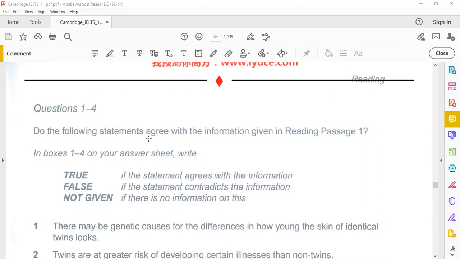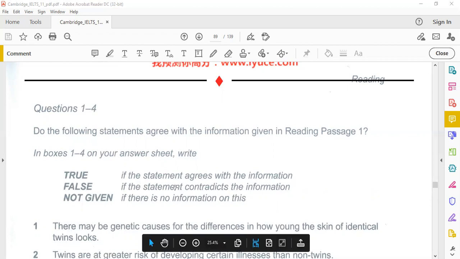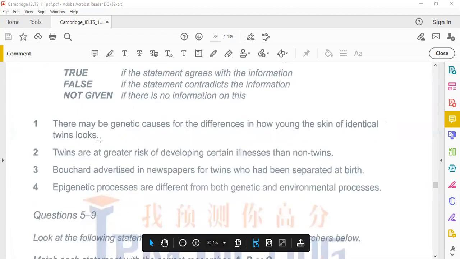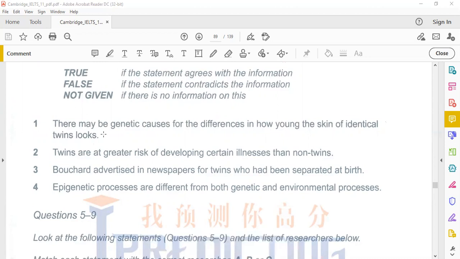Do the following statements agree with the information given in reading passage 1? Write true if the statement agrees with the information. Write false if the statement contradicts the information. And write not given if there is no information on this. So here, what you have to do is to write T, F, and NG. But when you transfer the answer to the answer sheet,